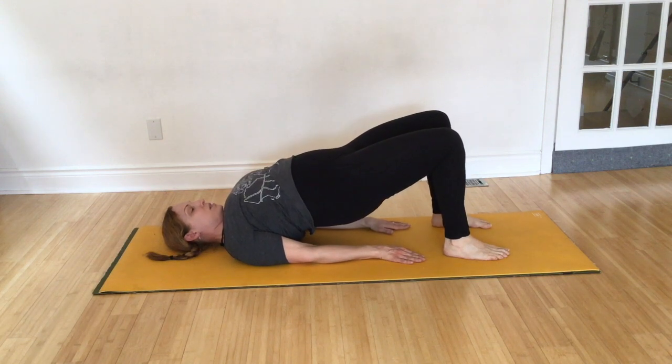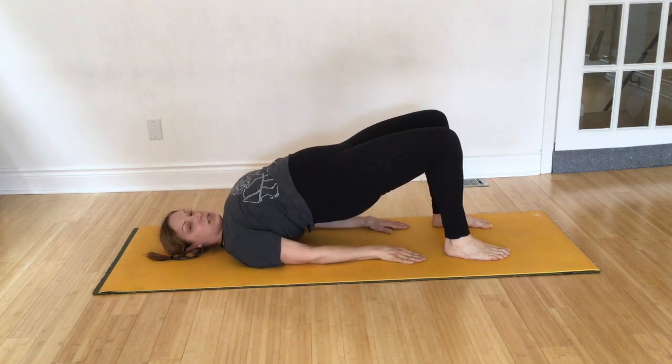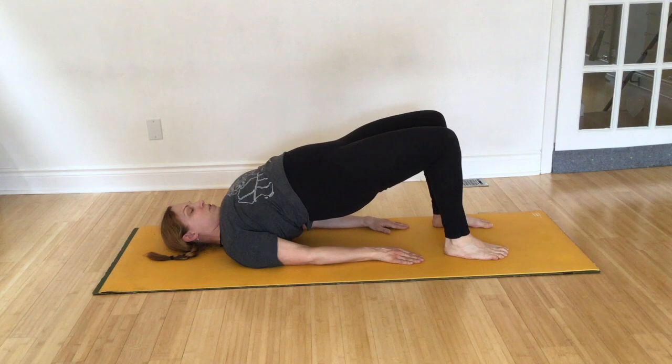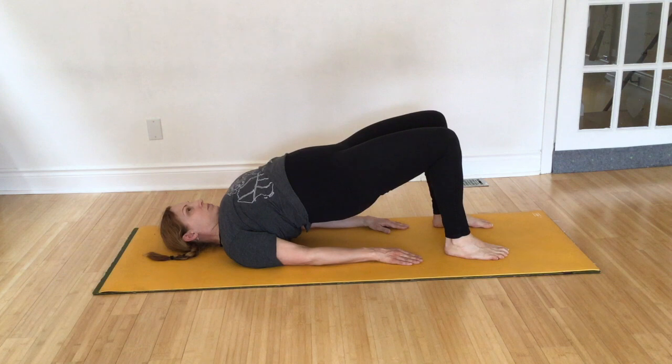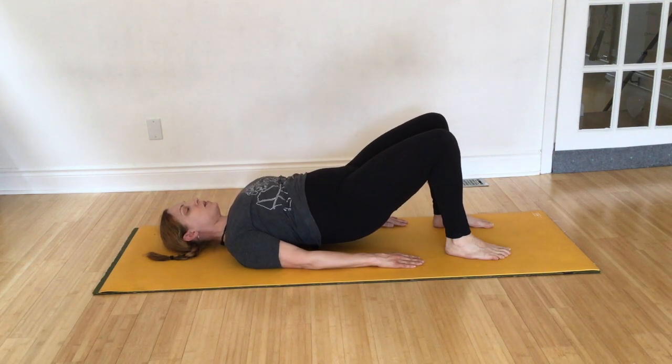From here, you're going to press right into your feet and press the hips up towards the ceiling. I'm also thinking of drawing my upper inner thighs in towards each other because this lengthens and decompresses my spine. So you're going to just breathe in, take 5 deep breaths here. 1, 2, 3, 4, and 5. When you've completed your breaths, slowly release your shoulders and gently imprint your spine down 1 vertebra at